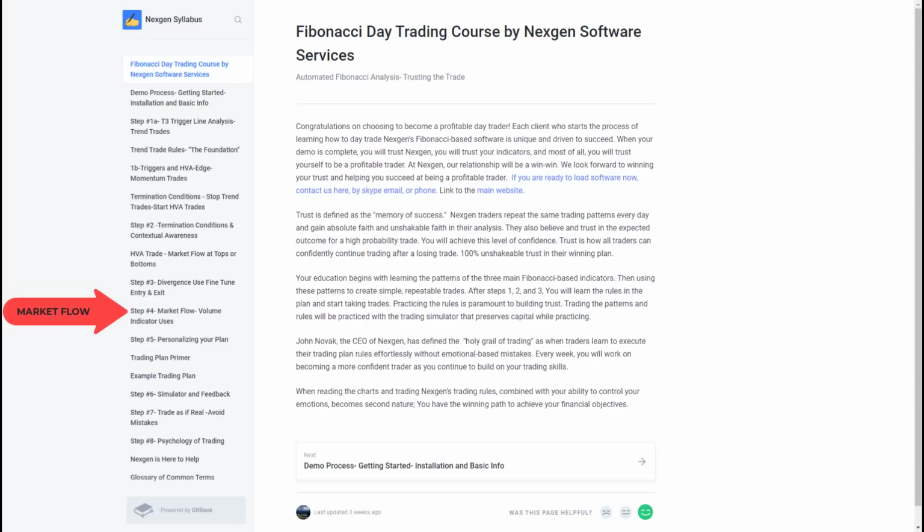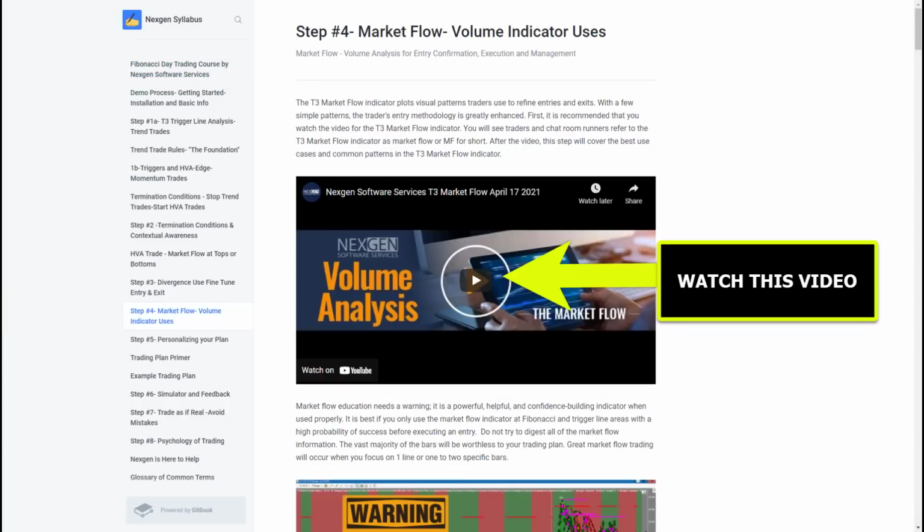Step number 4 will teach you how to accurately interpret the T3 market flow indicator. Its purpose is to give you an understanding of the relationship between buyers and sellers' sentiment at the time of entries and to pinpoint entry levels using volume analysis. Please watch the market flow video to understand the exact entry patterns generated by the market flow key Fibonacci and